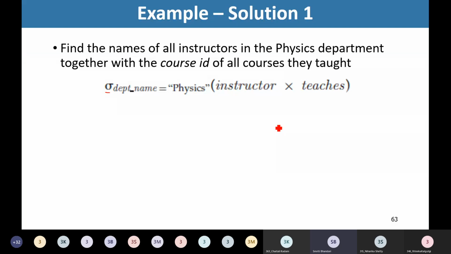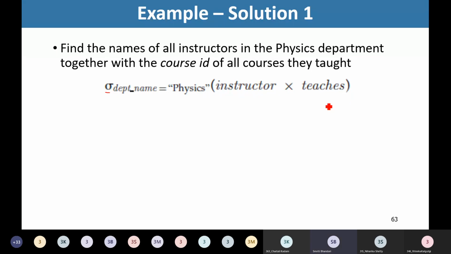We mentioned in the last class that if I find the Cartesian product of instructor and teachers, I'll have many tuples, and out of those tuples it may happen that a few of them are irrelevant, right? So what we are trying to do here is take this cross product, and